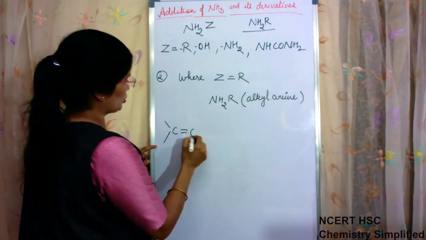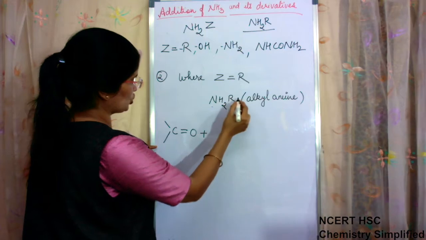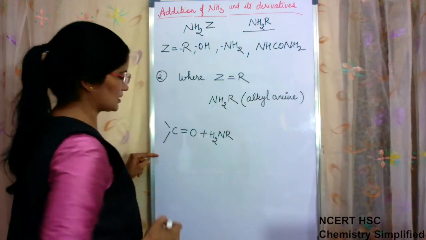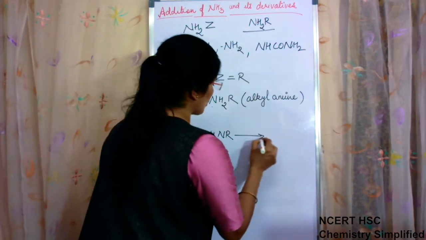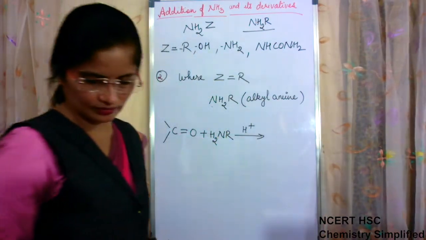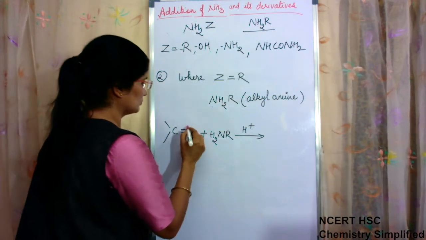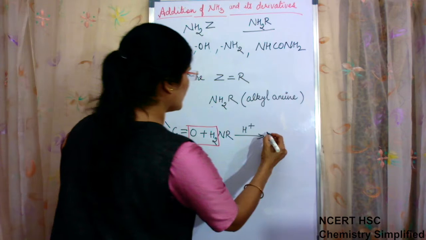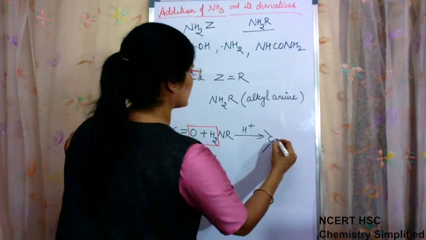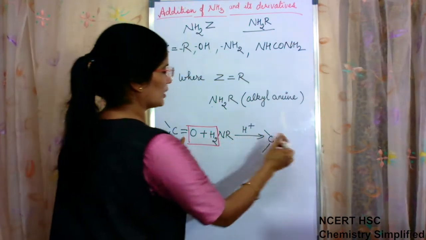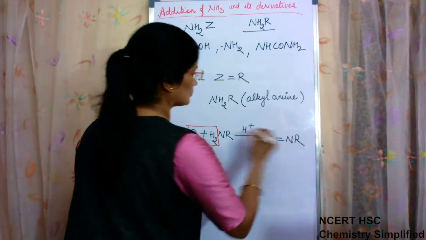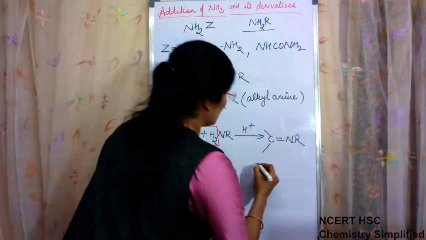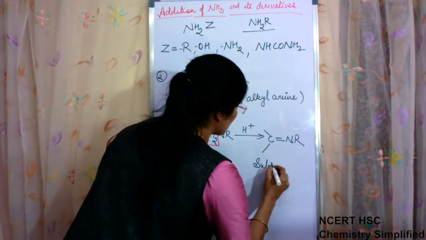C double bond O when it reacts with NH2R. So H2 I will write this side, N and R this side. In presence of acid, a water molecule will be lost and we get C double bond NR. This is your final product. These are known as substituted